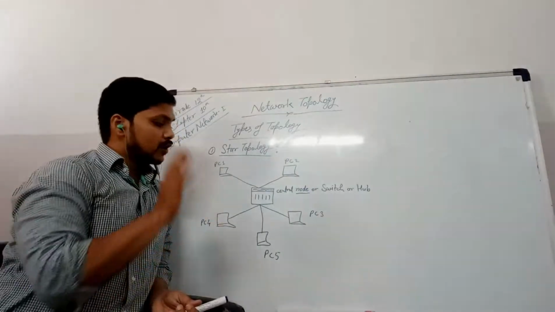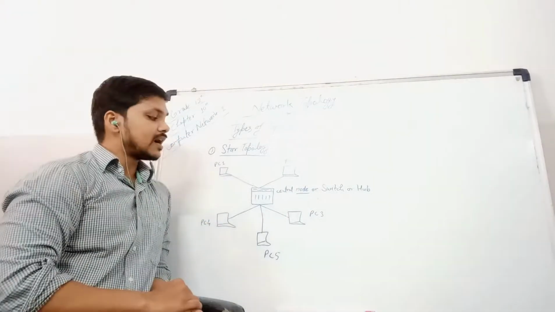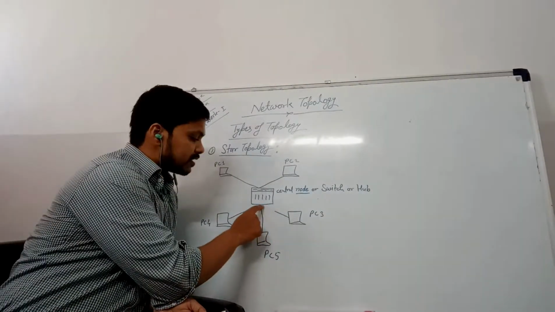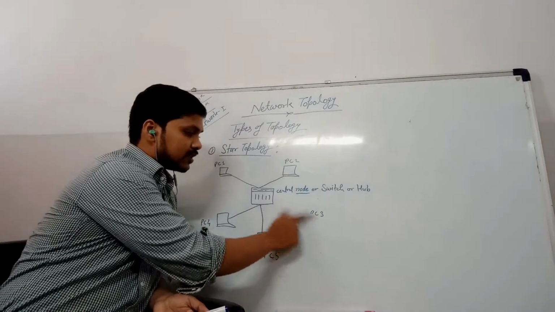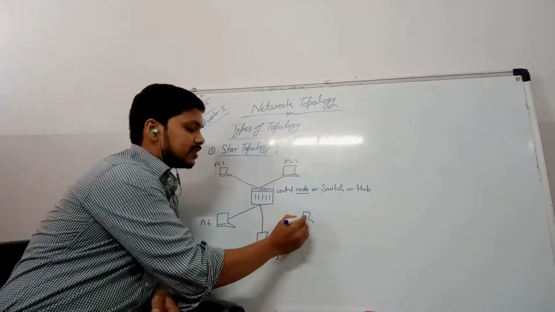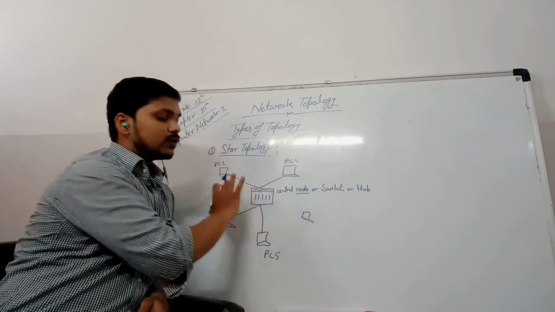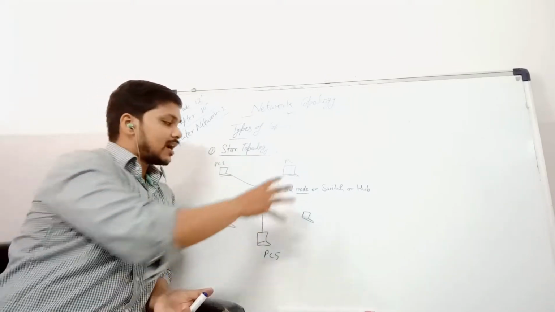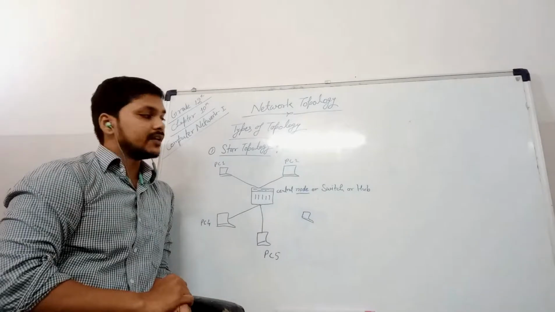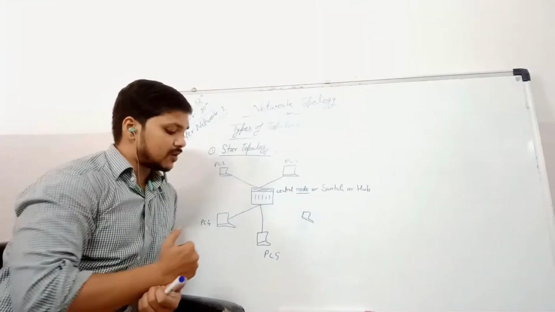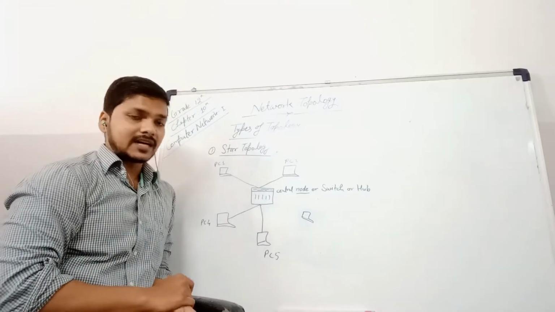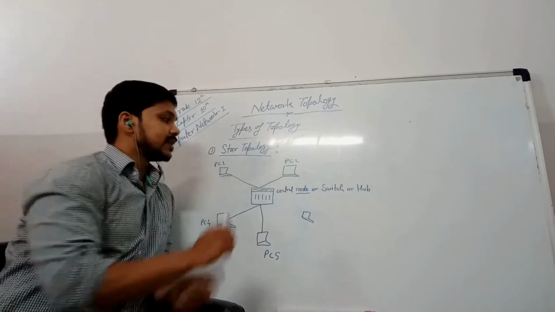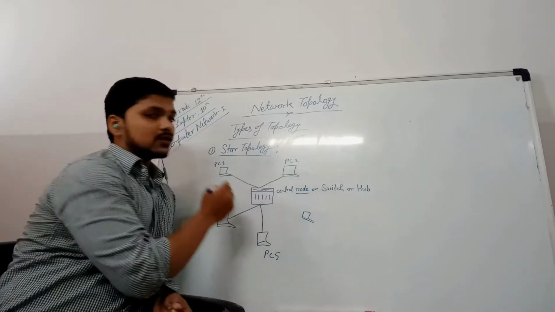Now the next one: there will be no disruption if we disconnect a device. For example, if I want to disconnect PC number 3 from the central server or central node, there will be no disruption. This PC is removed without any problem for the other electronic devices. Also, in a star topology network, if we have any problem, viruses or any other type of fault in any electronic device, at that time we can detect that PC or electronic device very easily, and we can just, for example, this PC number 2 has the fault.